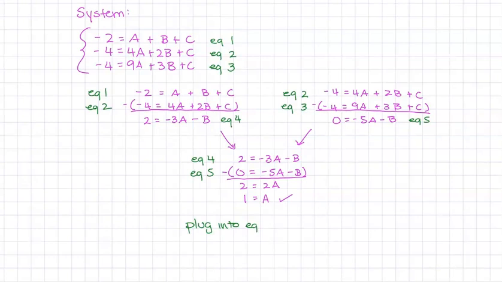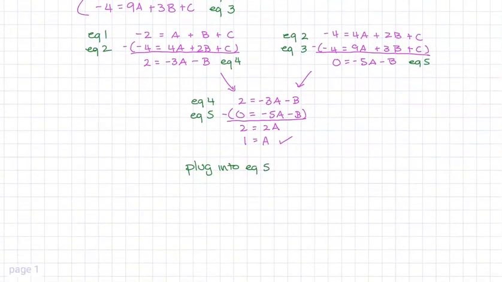Let's just do equation 5 because of that 0. Seems like that'll make life easier. So 0 is, a is 1, so it's negative 5 times 1. So it's just going to be negative 5 minus b. And so b is negative 5. We got that one. And then we're going to plug